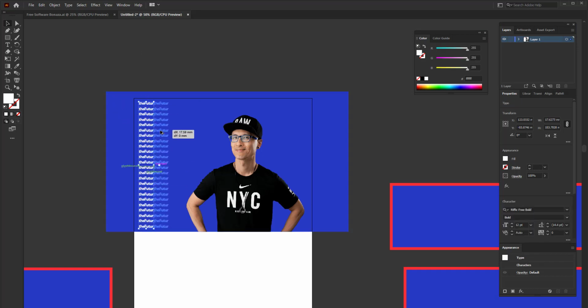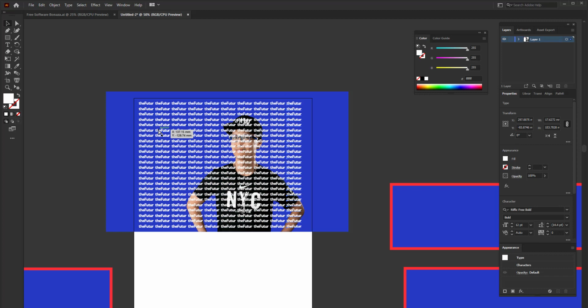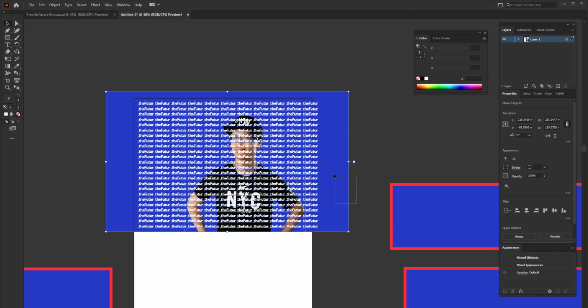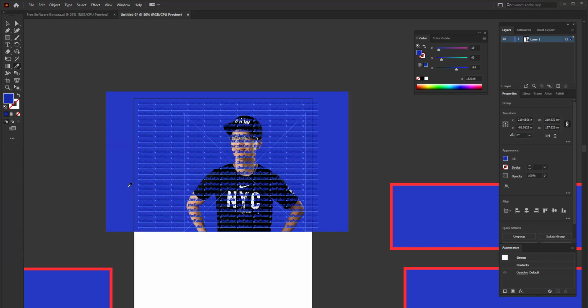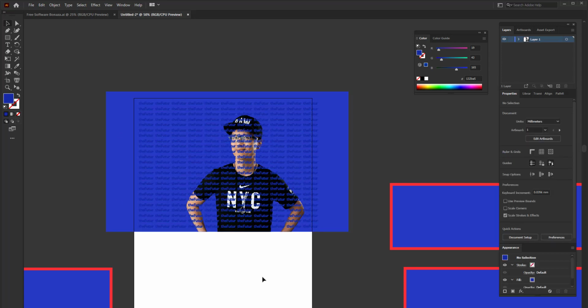I go ahead again to the other side, Control D. And then I select everything that we have there, select the image, Control G for everything. I make it color blue. And then I just change the tone a little bit, probably darker. And then I make sure they are in the background. That means my image